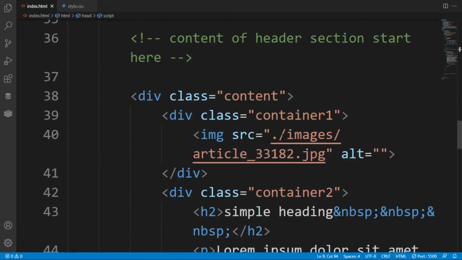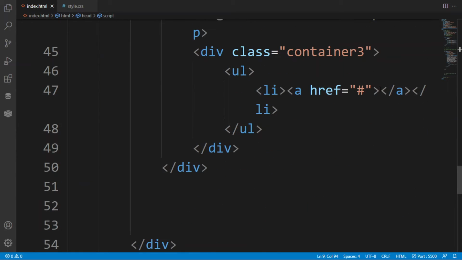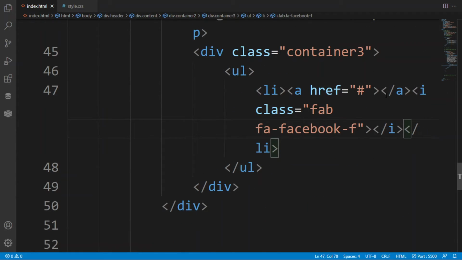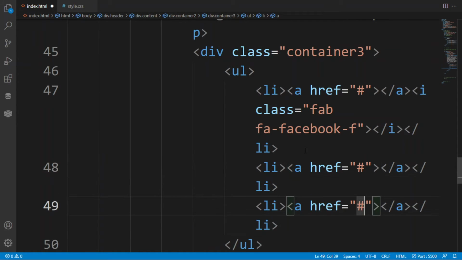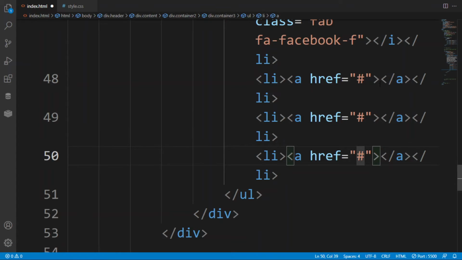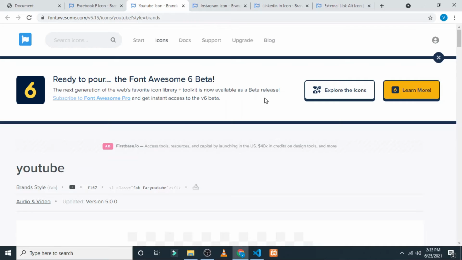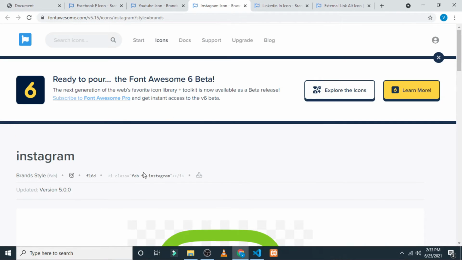Here in this, the first one is of our Facebook. Now here in this anchor, put this one. After duplicating it, li anchor tag and hash, let's duplicate it 2 to 3 times, because we require it for our YouTube also. Then we are going to Instagram.